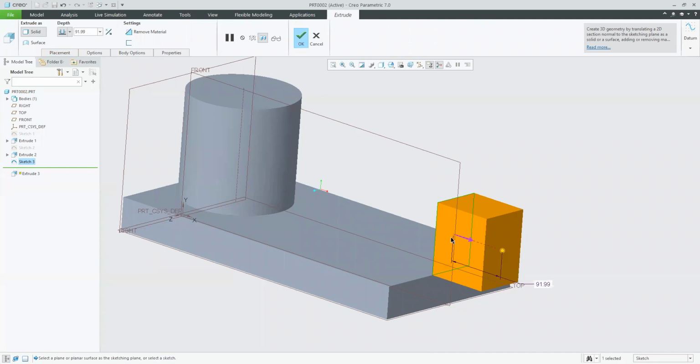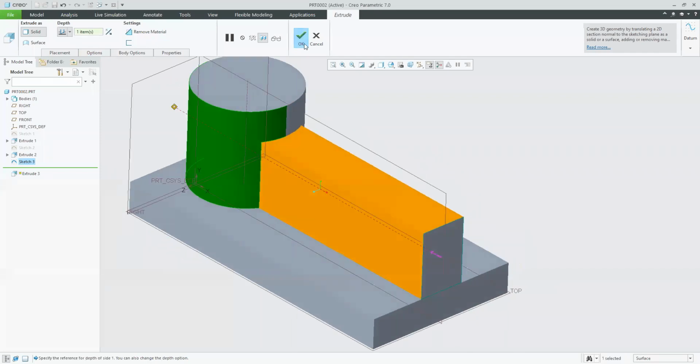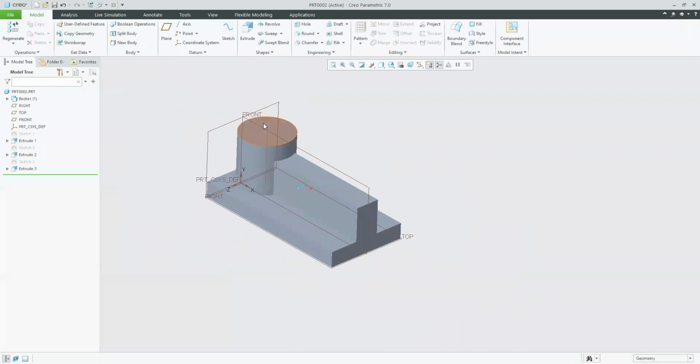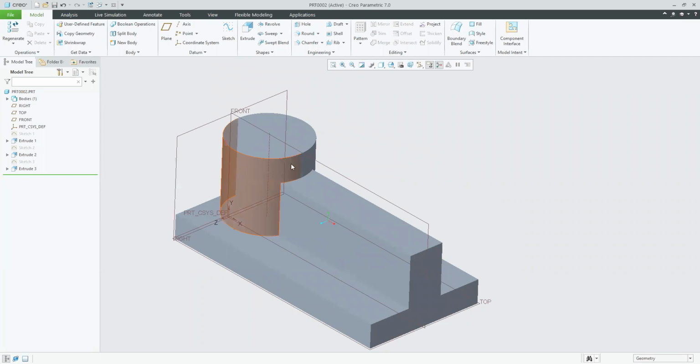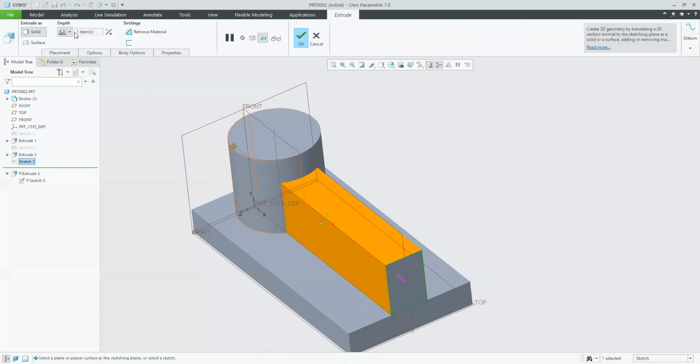Okay, now let me go for the next thing. Extrude this guy. I think it will extrude actually. Let's see if it is extruding or not. Okay, it's going, it's going. Now we need to really find out the difference. Presently it's going the same. Presently it's the same. But here